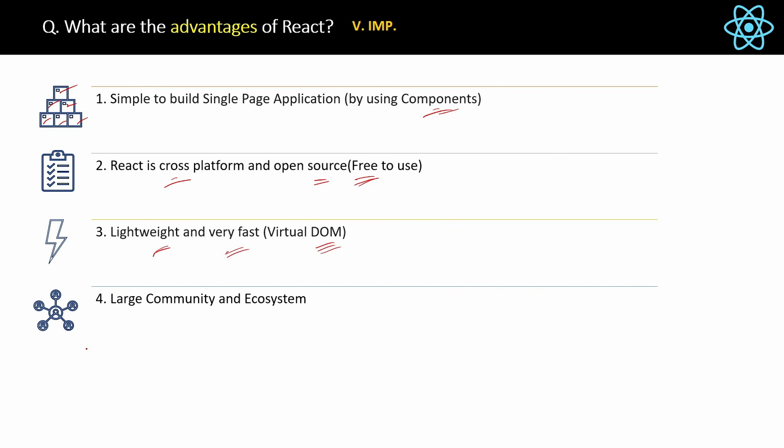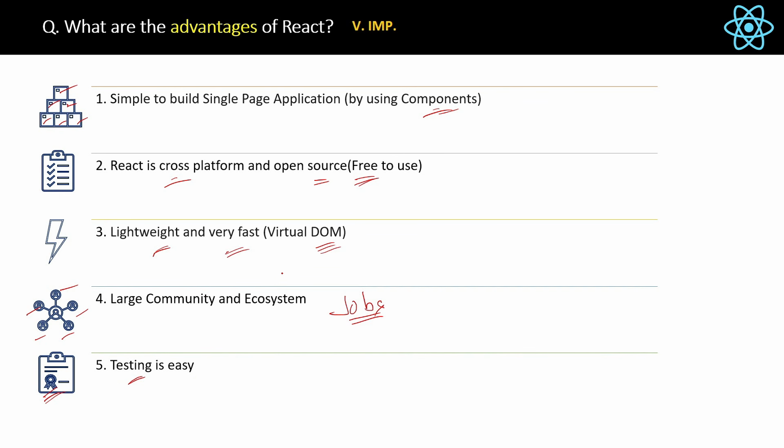Fourth benefit is React is supported by a large community and ecosystem, which means for any help, there are many forums where you can discuss your React coding problems with other members. Also, since React is the most popular UI development technology, it has the maximum number of jobs in the market. You do not have to say this to the interviewer, but yes, this is one of the very important reasons why this is one of the advantages of React, right? And the last but not the least advantage is that testing UI in React is very easy. So that is another advantage of React. These are some of the most important advantages which you can share with anyone.